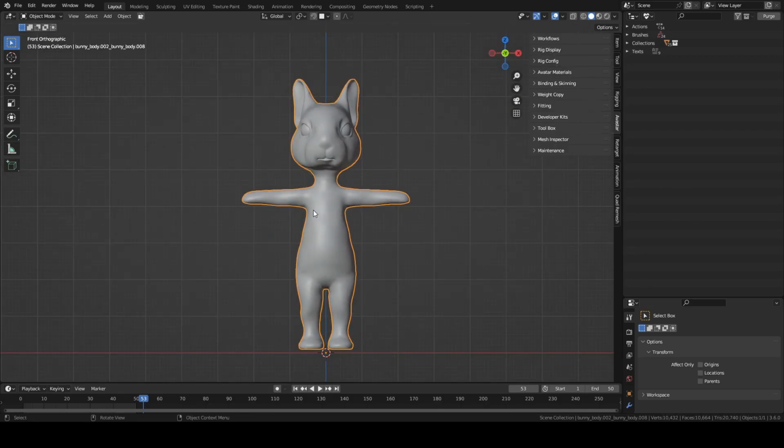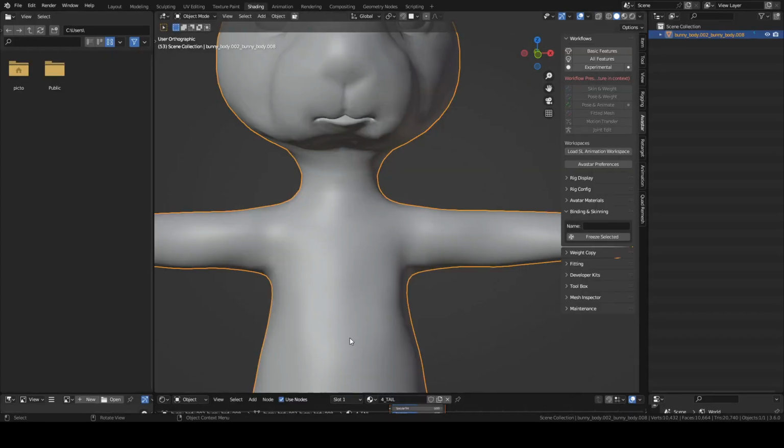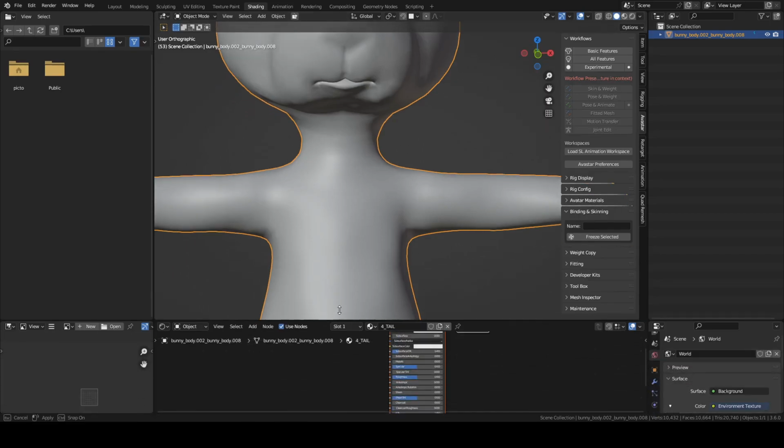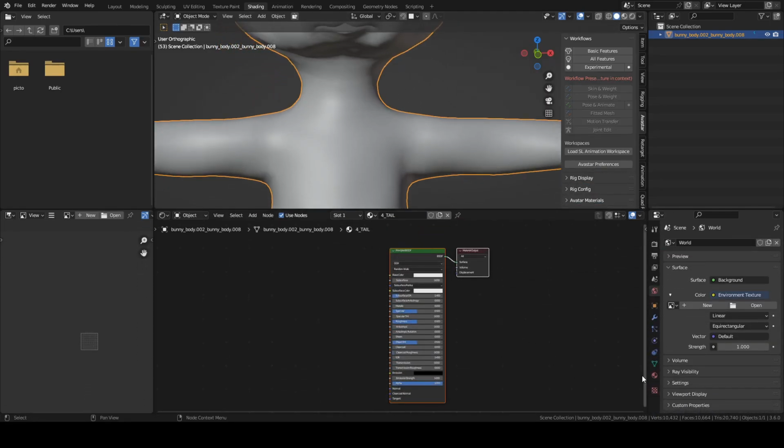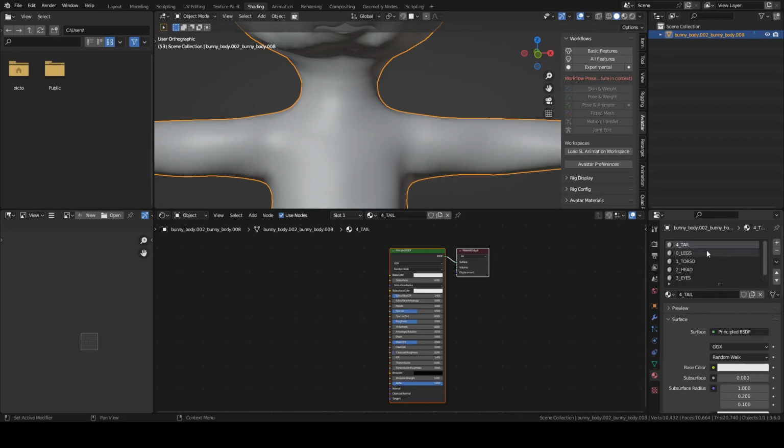Okay, so the first thing is to set up the textures that we need to paint to, because the body is divided into head, torso and leg UVs. So we'll go to shading. In my case I have to pull up this, and on the right you've got materials here, so click that. And we're not interested in the tail, the eyes or the mouth, so we just want the head, torso and legs. So we'll click the head first,